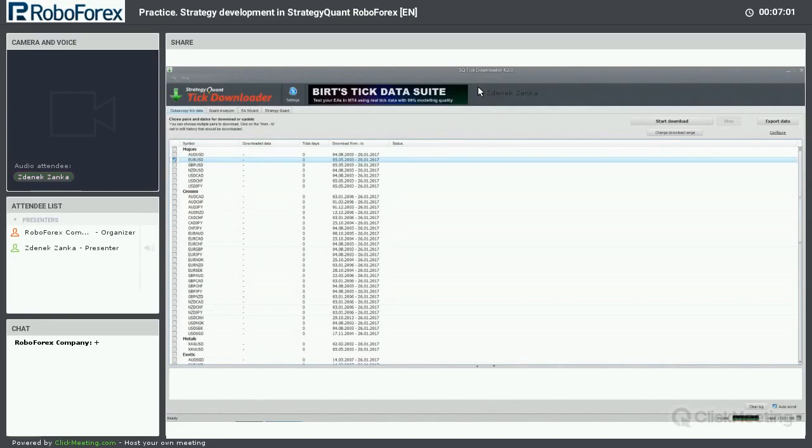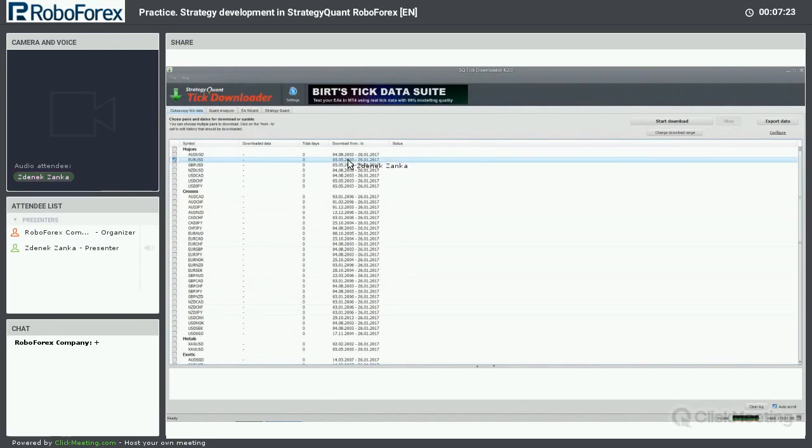And in this platform, you can download the data since 2003. But of course, it's really a big amount of data, so you need enough time to download it. I recommend you to download the whole history, but let it run over the night, because it depends on your internet connection, but it can take a few